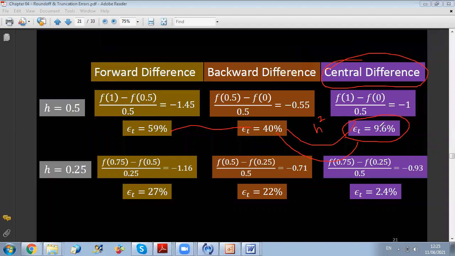Doctor, yes? Then why do we do forward and backward if we know that we're going to obtain a higher error? Why don't we go directly to the center? Because you will see when you deal with engineering problems. For example, I will give you a simple example. In